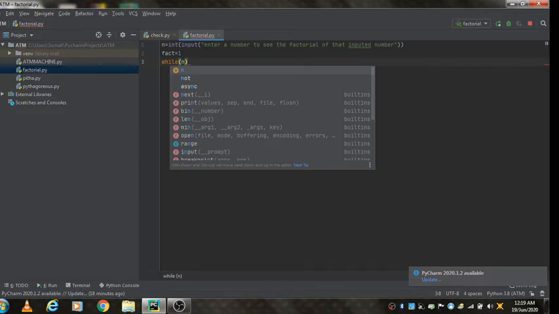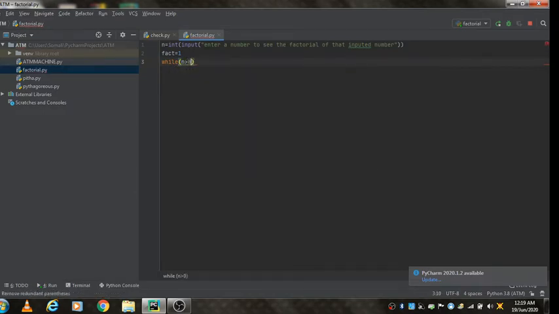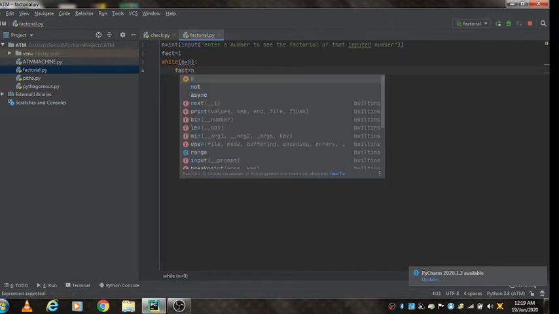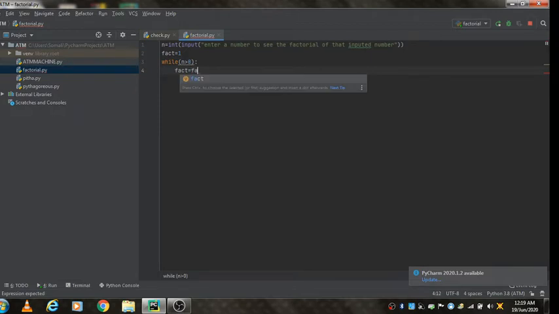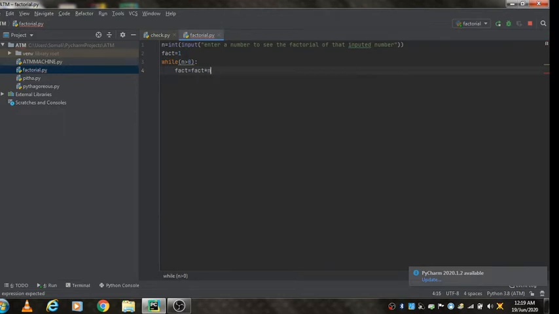n must be greater than 0, colon, that is the syntax. Then fact equal to fact multiplied by n.